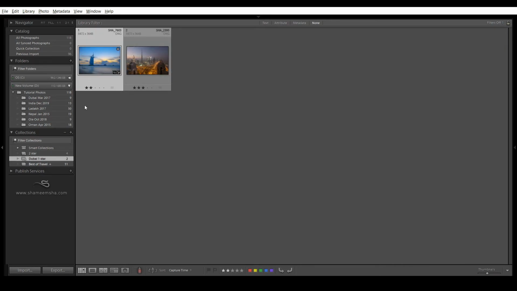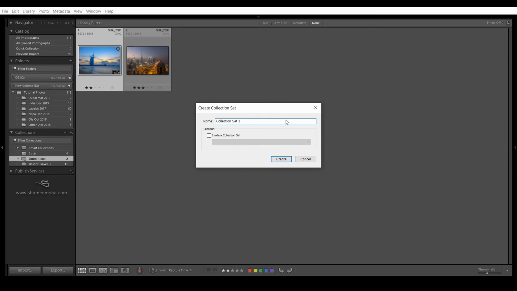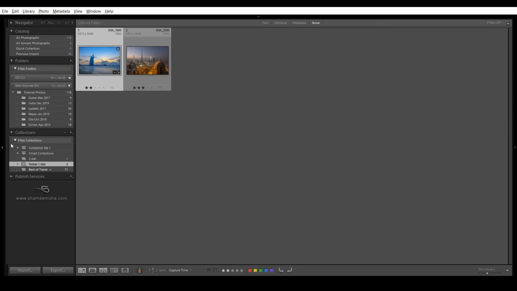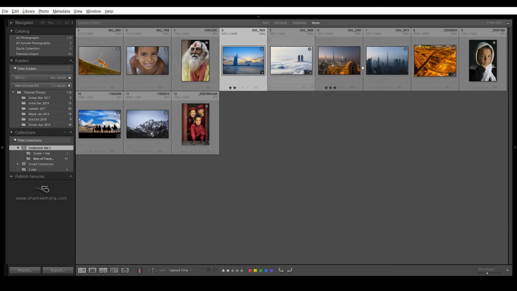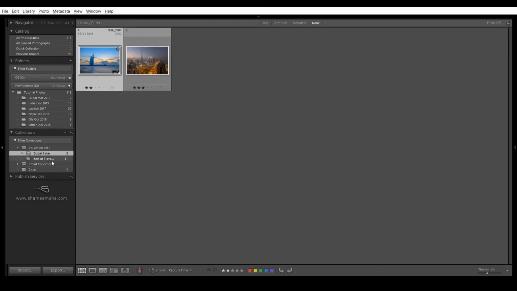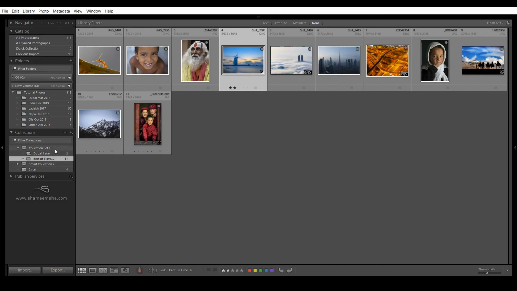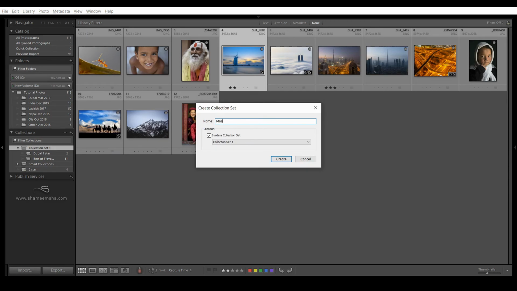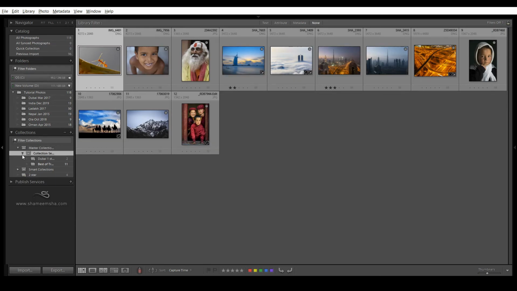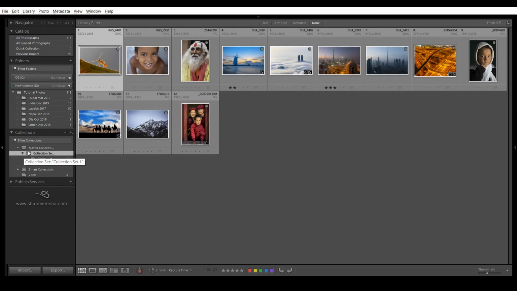Now let's see a collection set. Collection set is like a grouping of different collections. Let's create a collection set 1. I created. Now under this collection set, I can drag and drop my different collections into it. The advantage is when I click the collection set, it's going to show you all the sub collections. I can individually go and see one by one. We can have a collection set inside another collection set as well. I create another collection set. I call it master collections. This is the same way you manage your folders in your Macintosh.